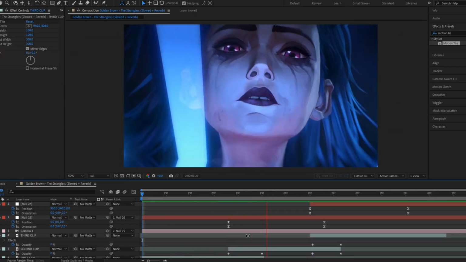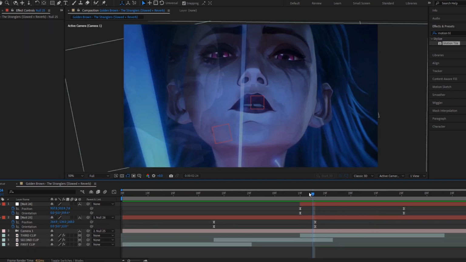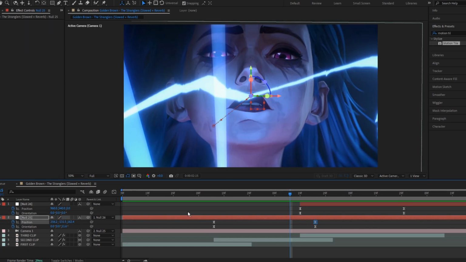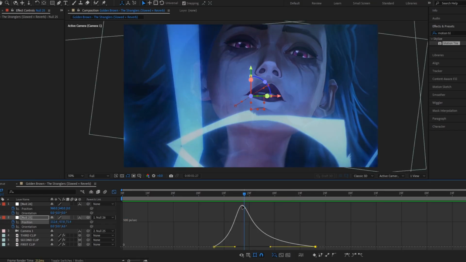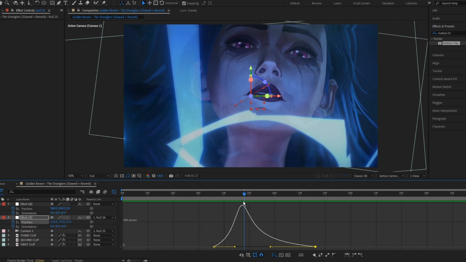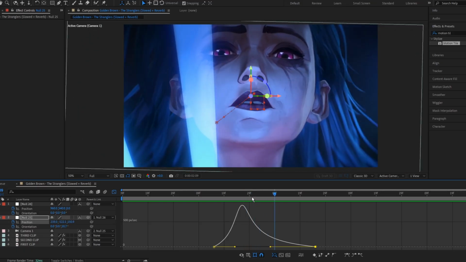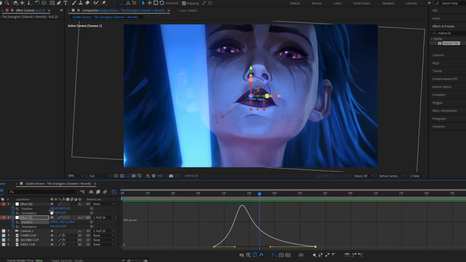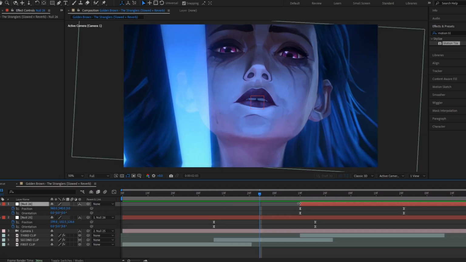To create a smooth camera movement, when we go to our graph editor in any of our keyframes, and you see the tallest part of the graph, this represents the fastest part of our graph, and after this it begins to go down, which means that it's slowing down. Once it starts slowing down, this is when your second null layer's movement should start. So we're gonna move our second null layer and its keyframes to when the graph of our first null layer